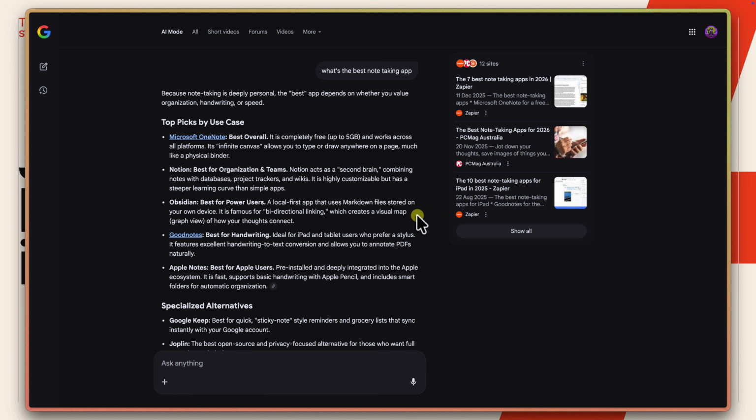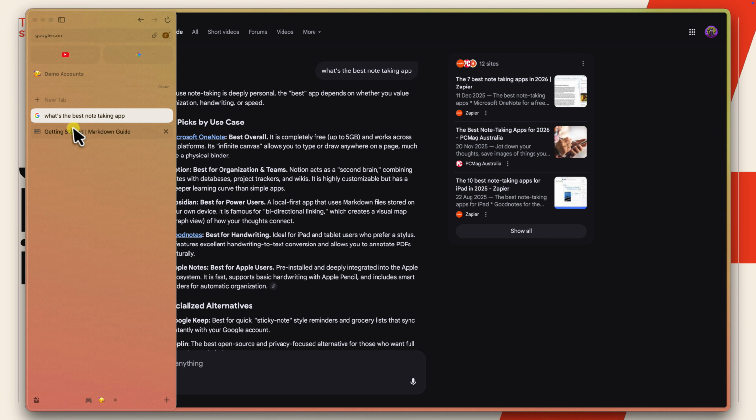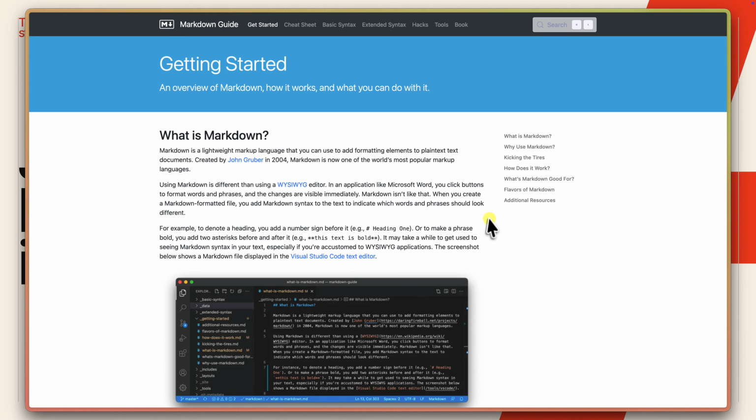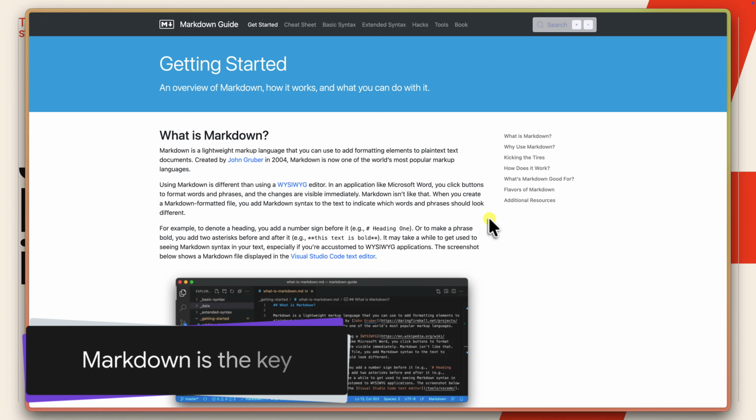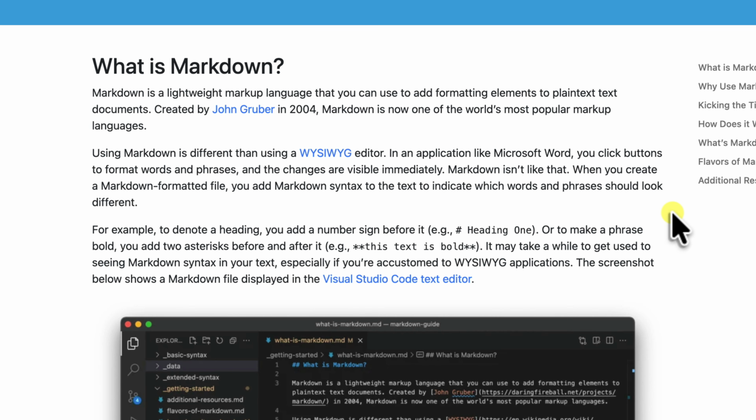So I hear what you might be asking. Why Obsidian? Why not just use Notion or Evernote or OneNote? Well, honestly, the answer is surprisingly simple, and it's Markdown. Now, if you haven't used it before, Markdown is essentially the universal standard for formatting plain text. Instead of clicking a bold button, which you can still do, you could just put 2 asterisks around a